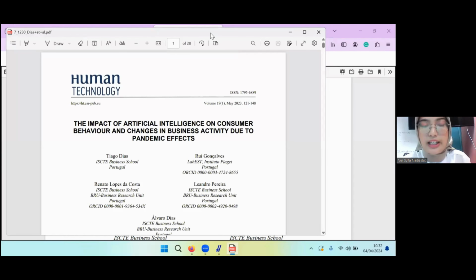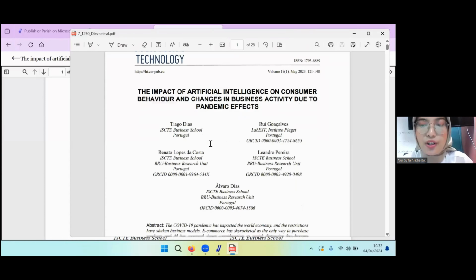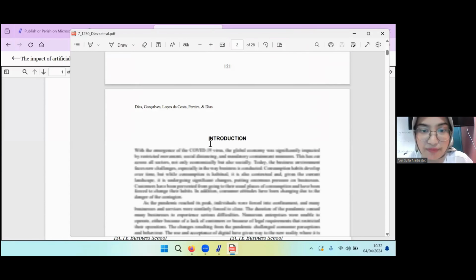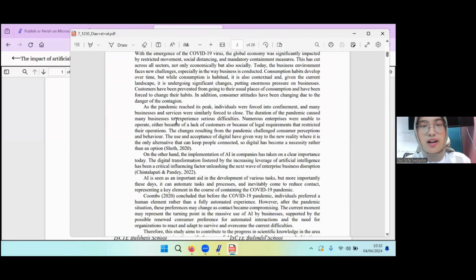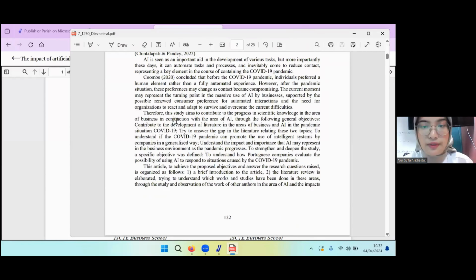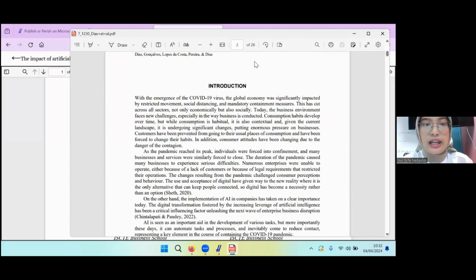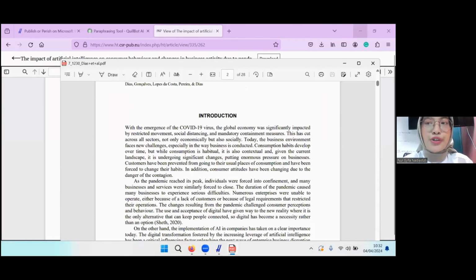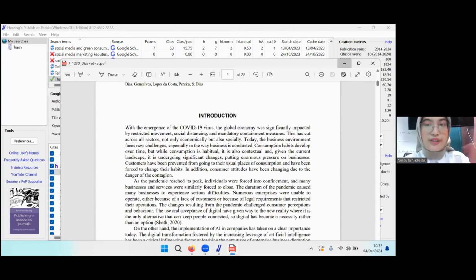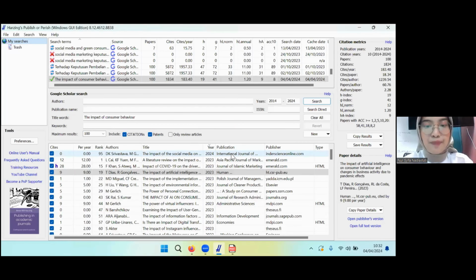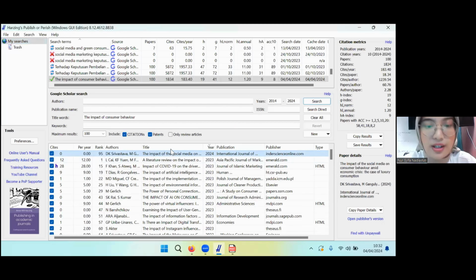Okay, and it is already saved on your laptop, and you can read all of the papers. For example, if you want to save all the results from Publish or Perish, you can click Save Results.